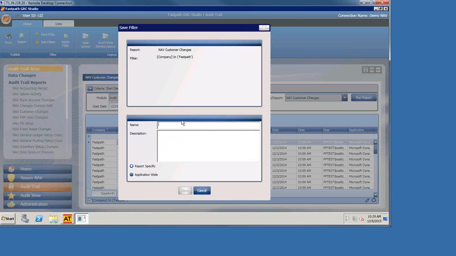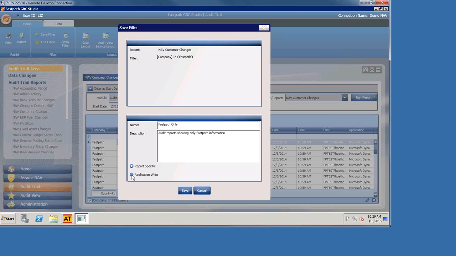So I can say, you know, Fastpath only, and I can say, you know, audit reports showing only Fastpath information, and I can make this filter report specific or application wide.